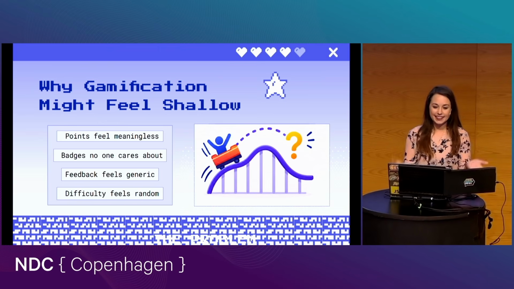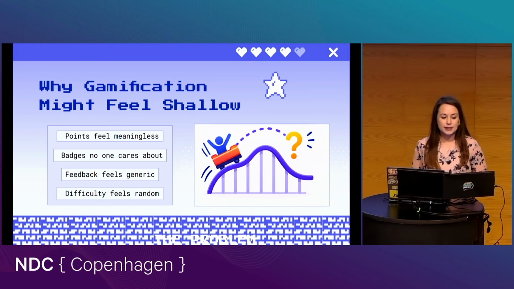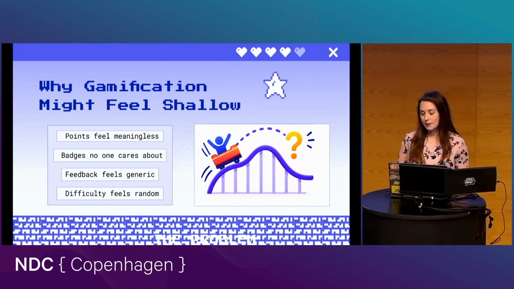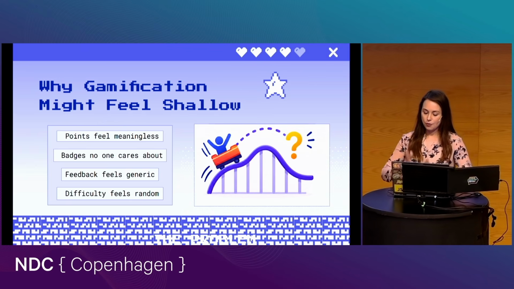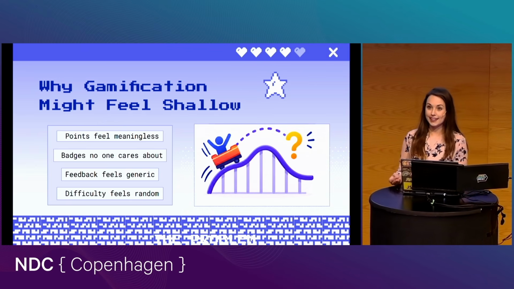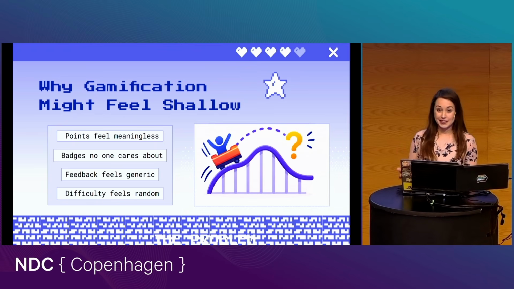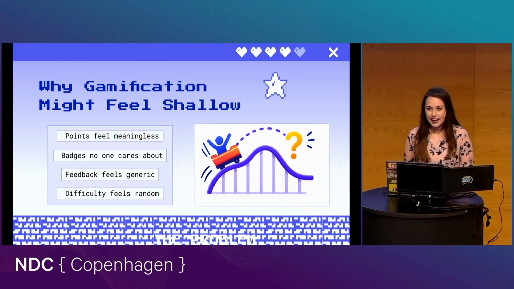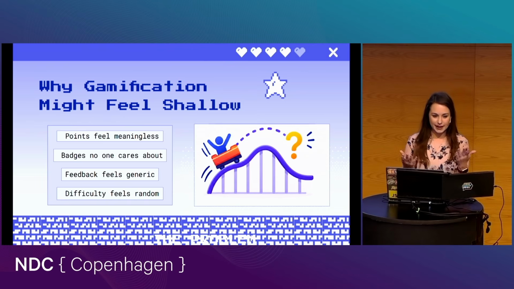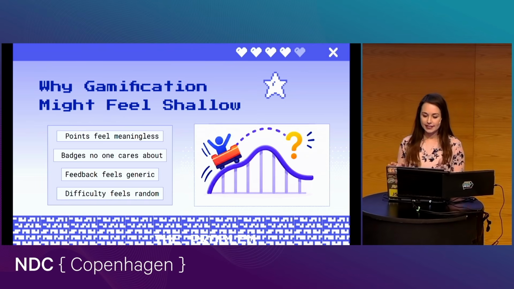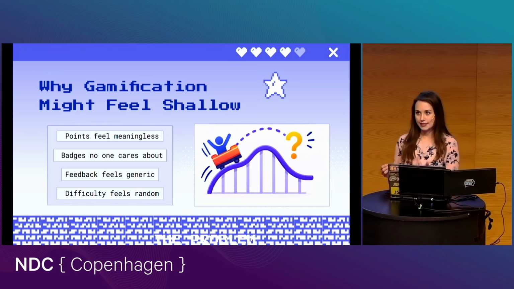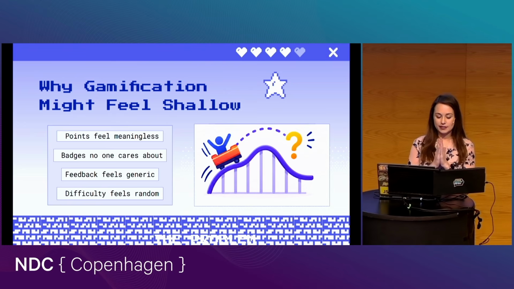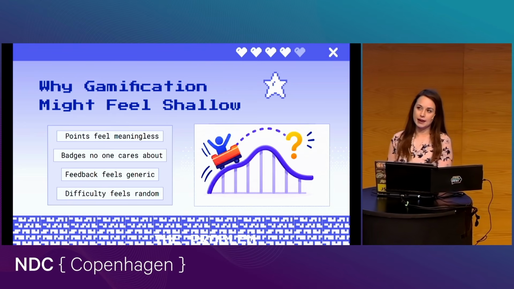And then finally, again, the difficulty level, right? Sometimes maybe a challenge might feel kind of random. So if you're working through, especially something like a learning application, if it's not working with you to progress, then what's the point? You'll probably give up if it's not keeping you engaged and challenged enough. And honestly, AI features in general can just feel this way. So really, I'm hoping that the examples we go through don't seem too gimmicky, or like fluff. Hopefully, you can see how these features will help make an application better.